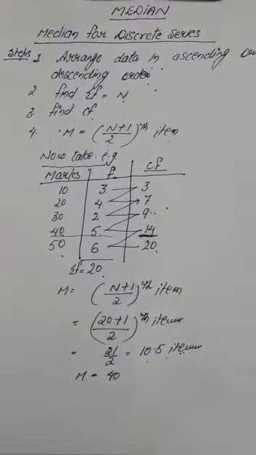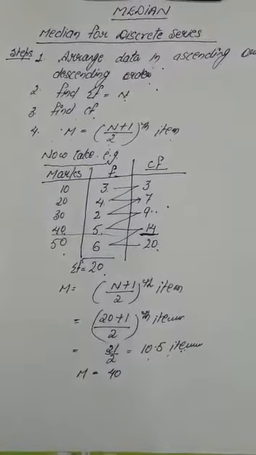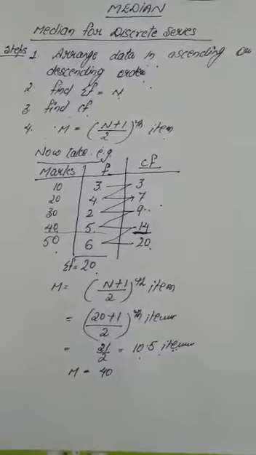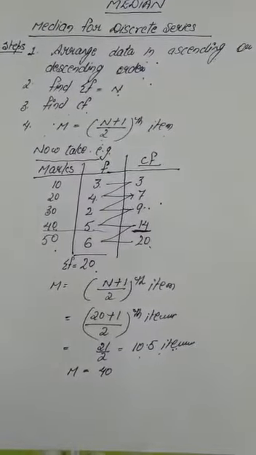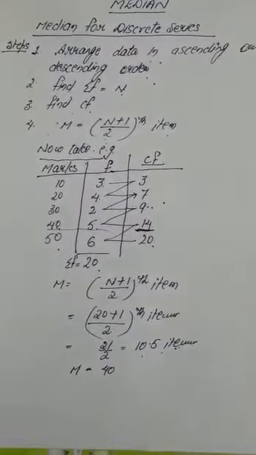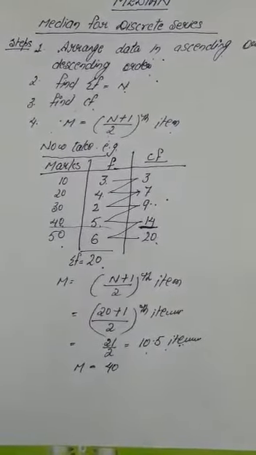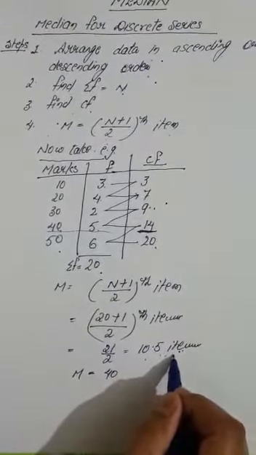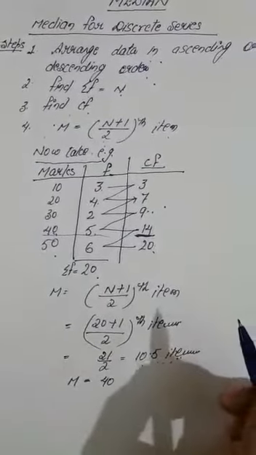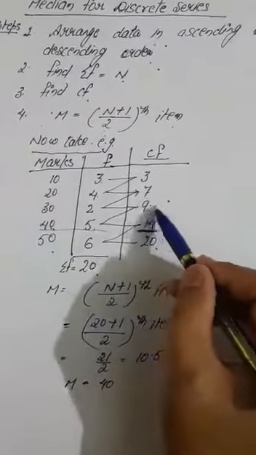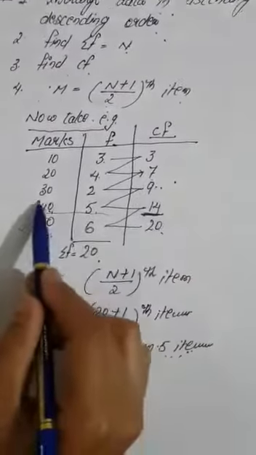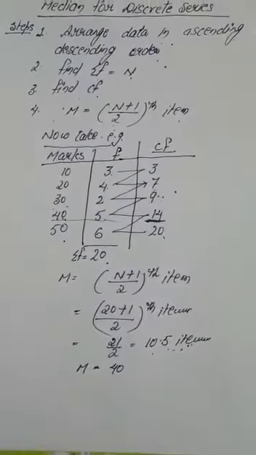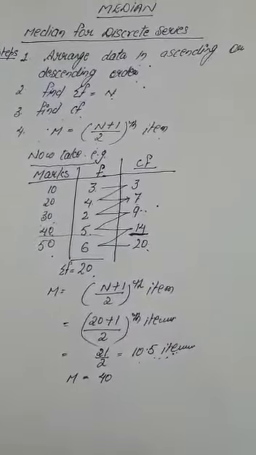Now the question is why we need to find the cumulative frequency. It is just to see which is the greater value or which is the lesser value. So this is the way to find the median for the discrete series. Suppose our median lies in this class. If the median is not 10.5 but instead its value is 7.5 or 8, then it lies in this class, so the median becomes 30 in that case. So now I think it is easy to find the median for the discrete series.